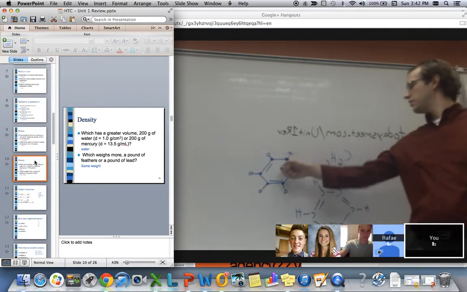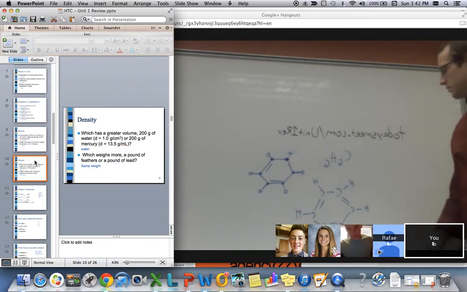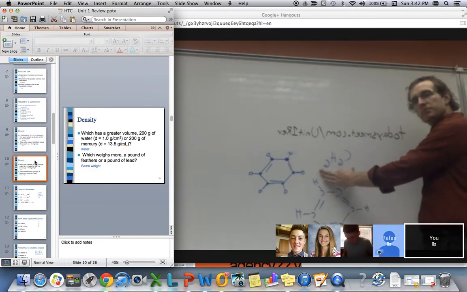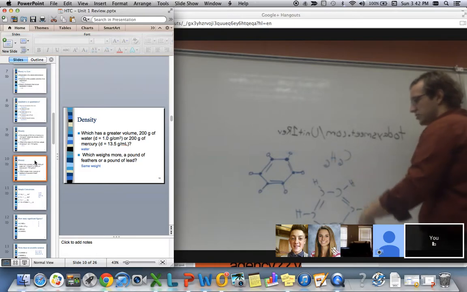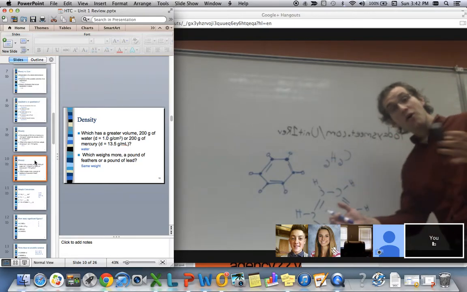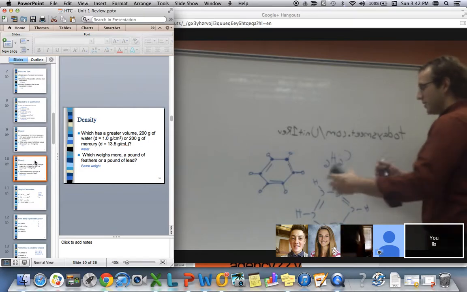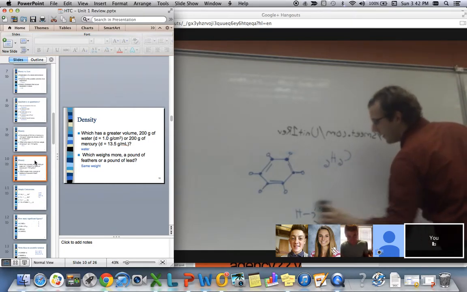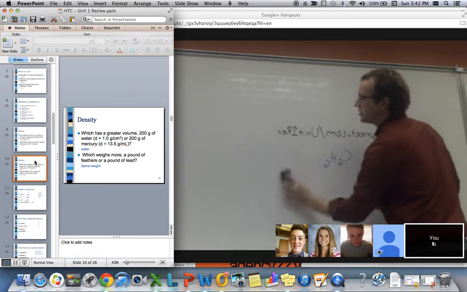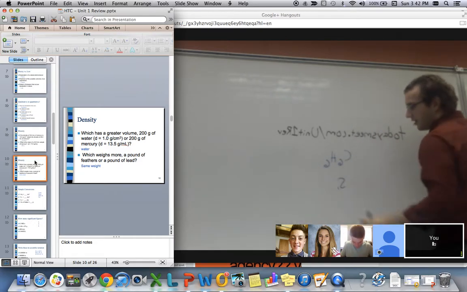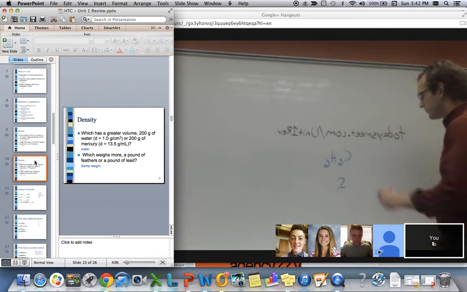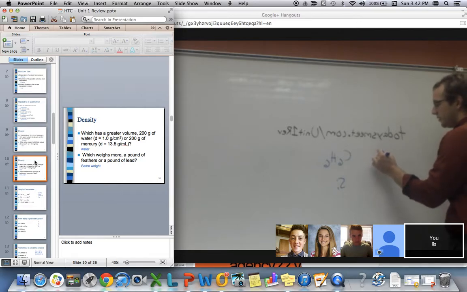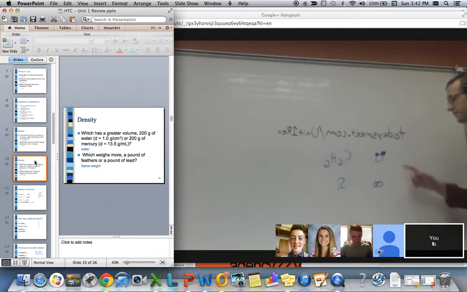So are we going to see drawings of those on the test, or just the formula? You'd see just the formula. This is like second year organic chemistry stuff when you start doing this, but it's good to know it's there. Knowledge is power. But yeah, you'll probably see this one. This would be a compound as opposed to, if I just said silicon, that would be an element. You may also see compound versus element.